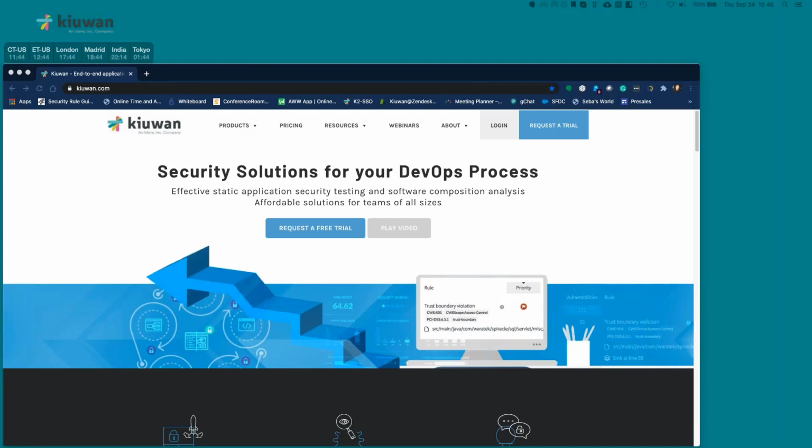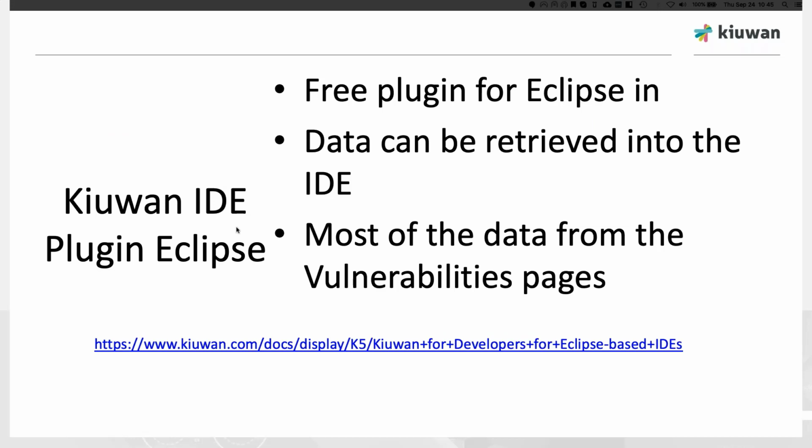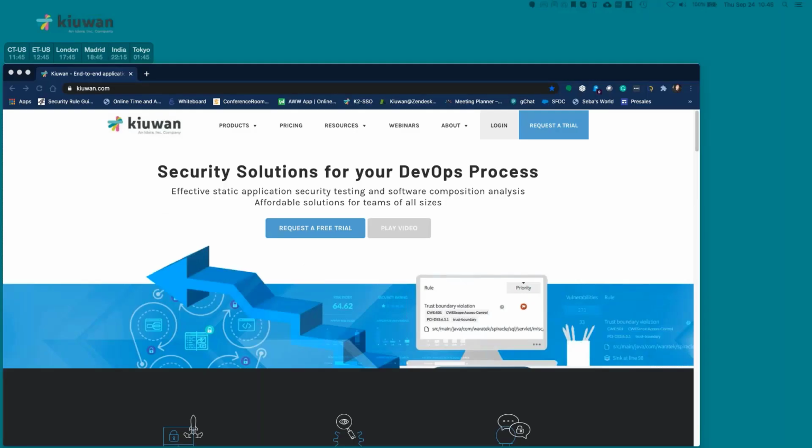Aaron, correct me if I'm wrong. Here, let me change screens again. So you just showed us how to use the Kiuwan IDE plugin for Eclipse, and the first part of what you did was this link here, just using our procedure to install Kiuwan. Is that correct? That's correct, because the idea is that you can replicate what we have if you want to